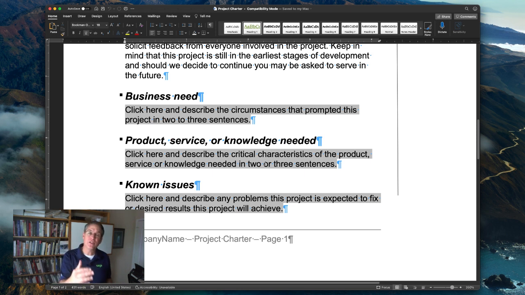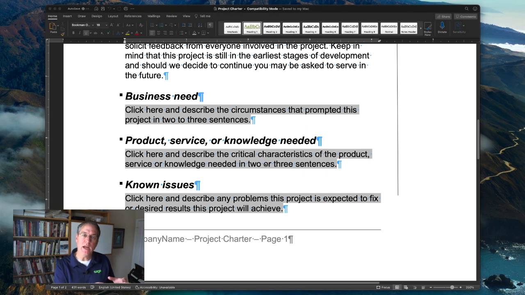We probably should include in here some very high-level estimates of benefit. We think if we do this, it's going to help us save $50,000 a quarter or $200,000 a year, or whatever you feel comfortable saying. But there should be some kind of target in here to say, hey, this is what ultimately we're looking for. So this is where you can incorporate stuff like that.